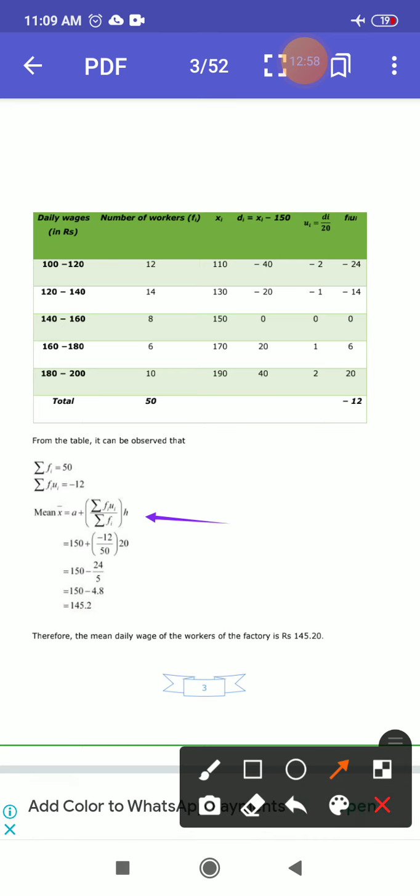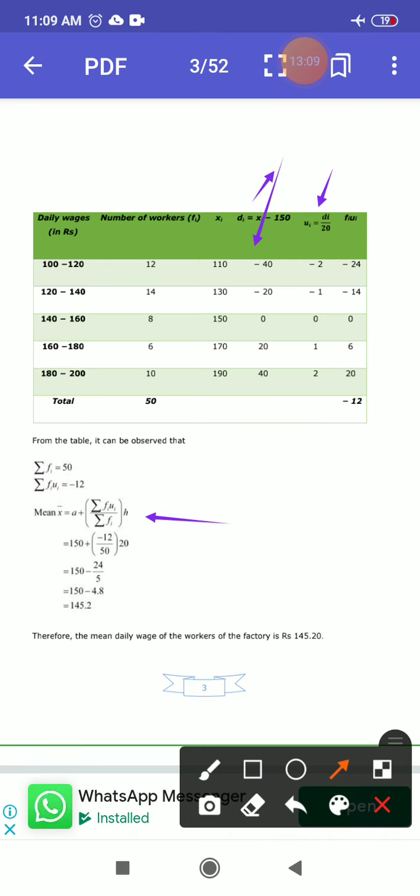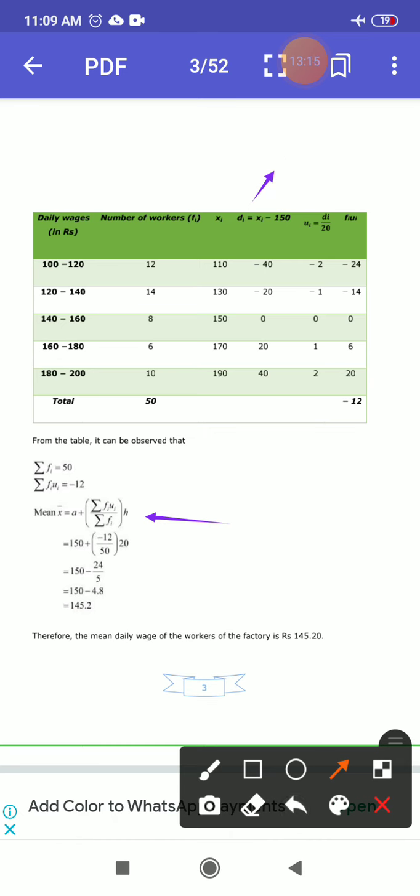u_i. Okay, so how to calculate the u_i? So u_i is calculated with the help of d_i, after calculating the d_i. Okay, and then after you have to calculate the u_i. So with the help of how to calculate the d_i? For d_i there is a formula that you have to use. First of all you have to consider a value